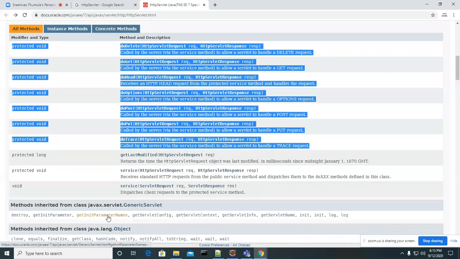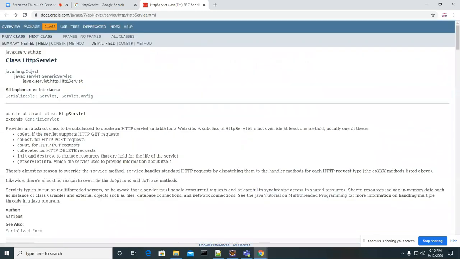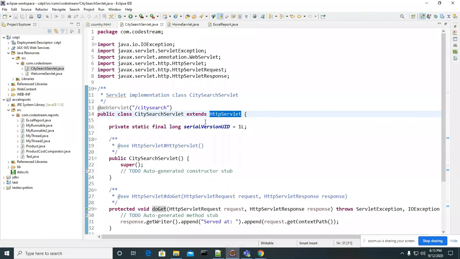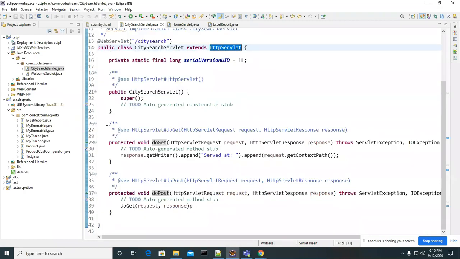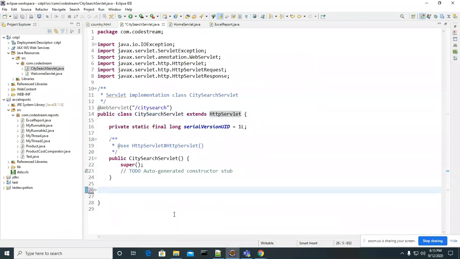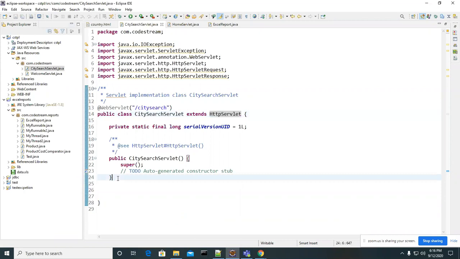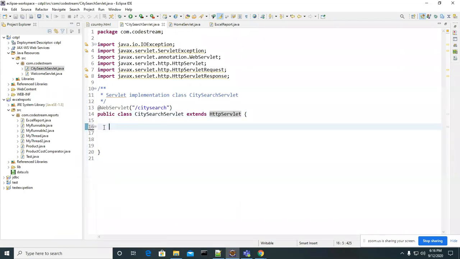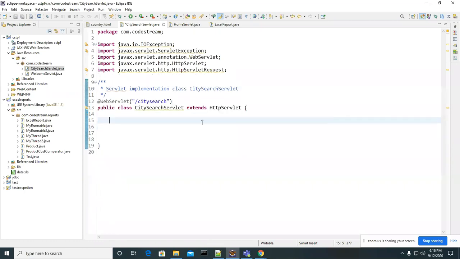But you need to understand that HttpServlet is already extending GenericServlet. GenericServlet is implementing the Servlet interface. Now what you are trying to do is just extend the HttpServlet, which is already defined. Look at this, I don't provide anything here. I just extend the HttpServlet. This is the empty thing.